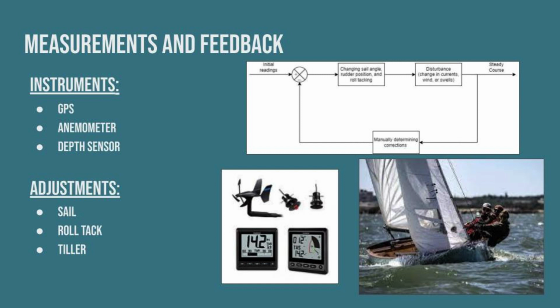The inputs given by the GPS are usually converted to the northeast down frame to determine a corresponding course and heading. Concurrently, the anemometer gauges the speed and direction of the wind, allowing sailors to establish an appropriate sail angle. Sailors manipulate the sail angle to optimize the sail's power, roll tack to move the sail through the air, generating more apparent wind, and move the tiller to steer along various paths and around obstacles. This relationship between the sailor and instruments transforms numerical inputs into a maritime action, ensuring the sailboat charts a precise